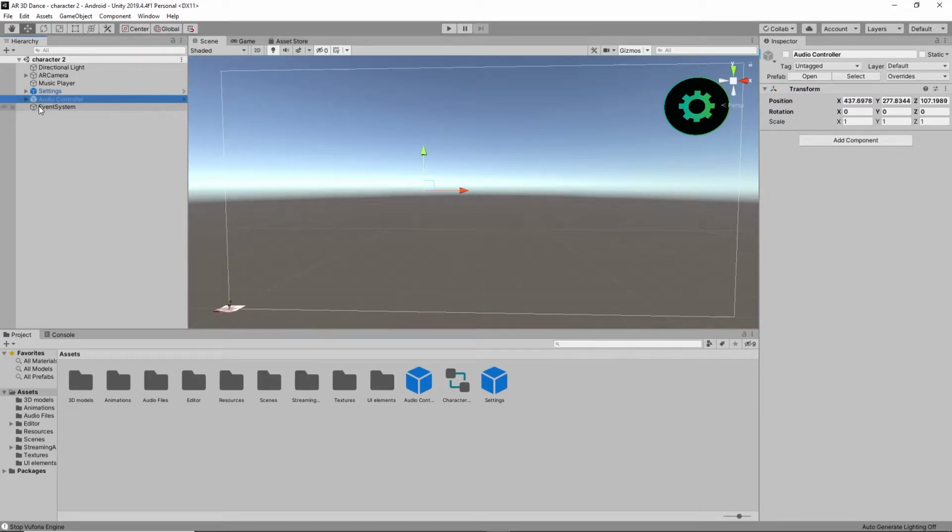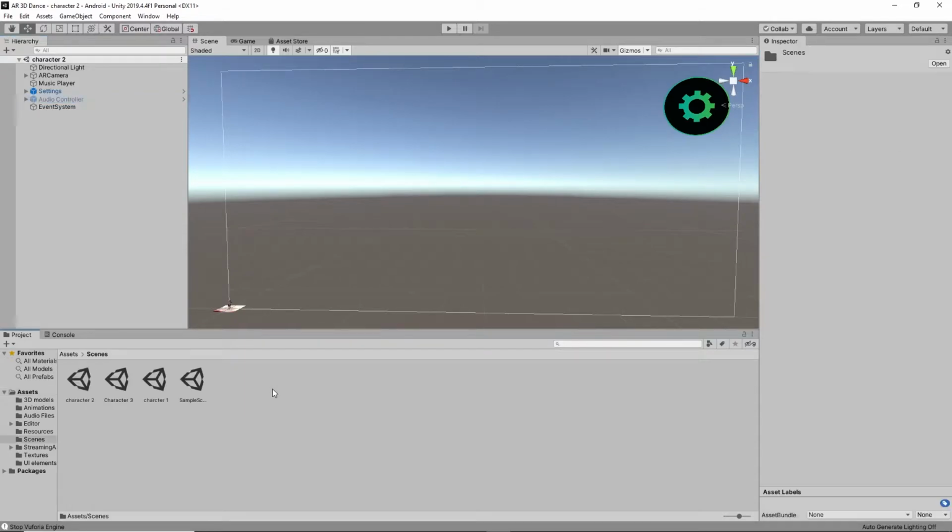See here, this is the main advantage of using prefabs. If you work by first creating settings and audio controllers separately, it takes a lot of time. So by using prefabs, it will make your work very easy. So it is an easy way to work in this manner.